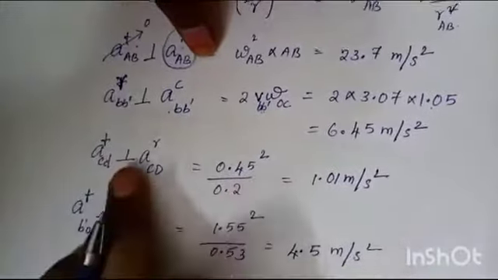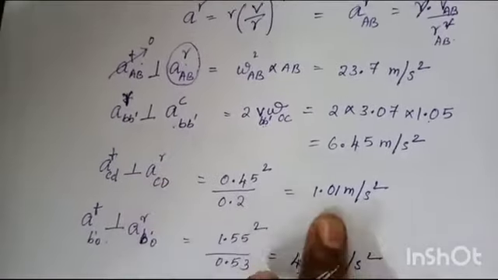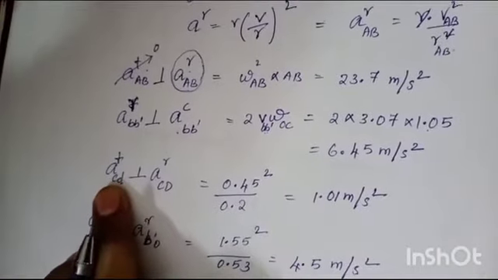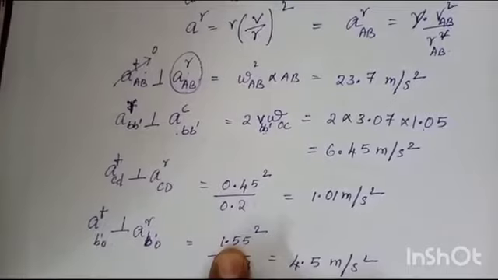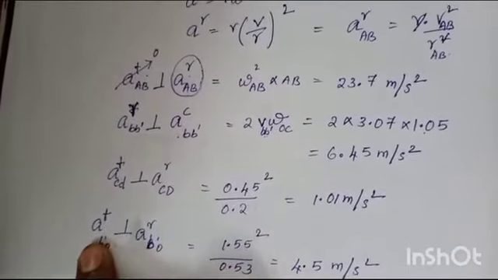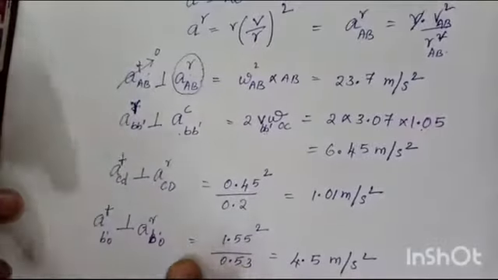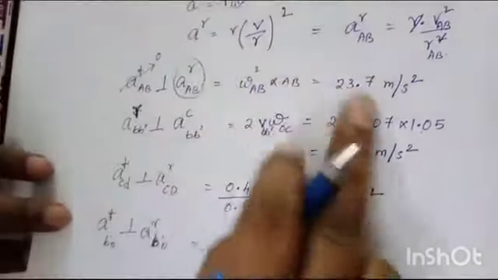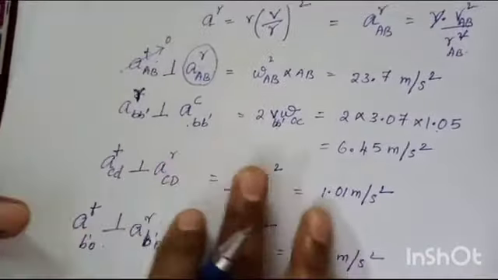Now come for the next one, ARCD, you will get from the velocity. So VCD I have already from the velocity diagram. From this I will get this ARCD. So for this ARCD, perpendicular direction is you will get tangential acceleration. And here ARB dash O, that one also you will get from the velocity diagram. From this, A tangential B dash O, the velocity of the slider with respect to the O point. So I will get this direction. So with the help of these magnitudes, I need to start this acceleration diagram.